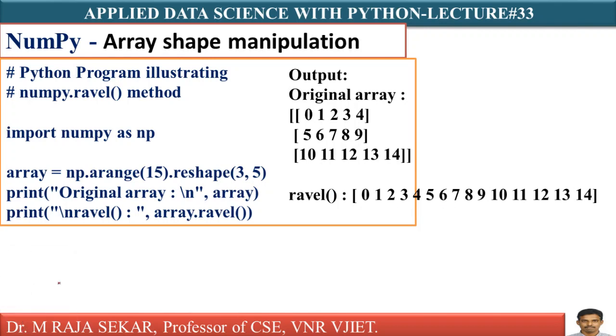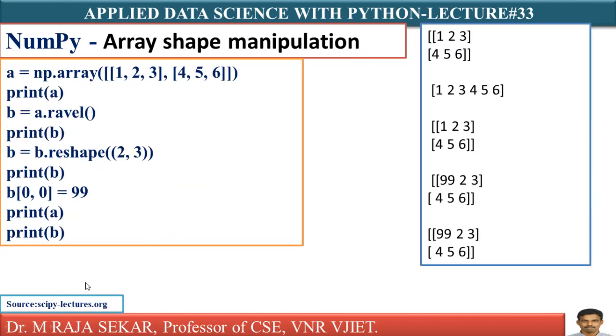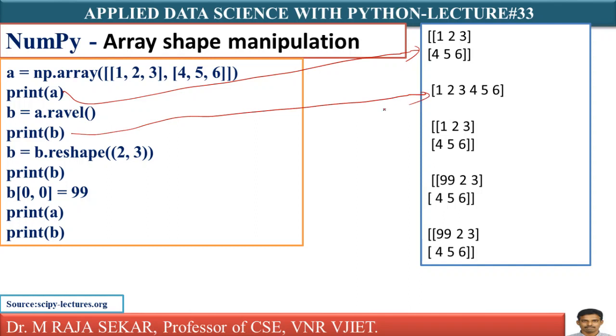It's the same story we are repeating in a different manner, nothing more than that. Just see this one. A = np.array of 1, 2, 3, 4, 5, 6, arranged as a matrix. Print A. You will get this particular matrix. B = A.ravel means this particular A array will be raveled and stored in B. Therefore, print B gives the flattened array. Now, what's happening? Actually, if you speak strictly, there is a memory location. The entire matrix A is referring to the same place, B is also referring to the same place, they are referring to the same memory.